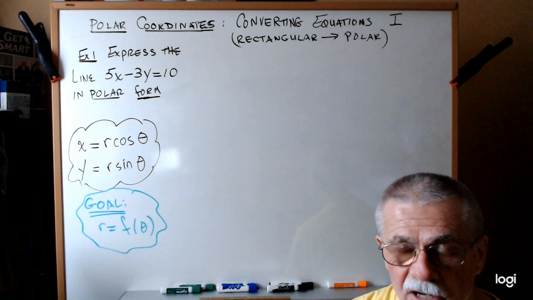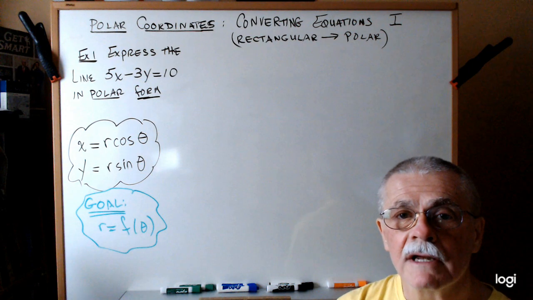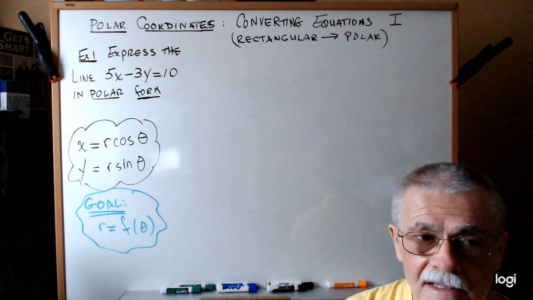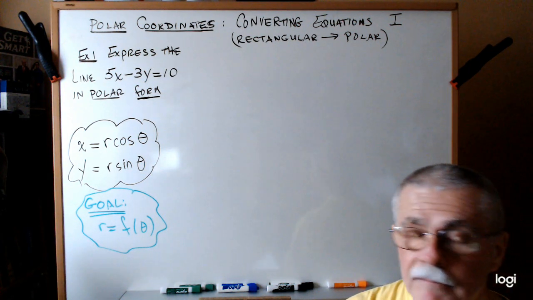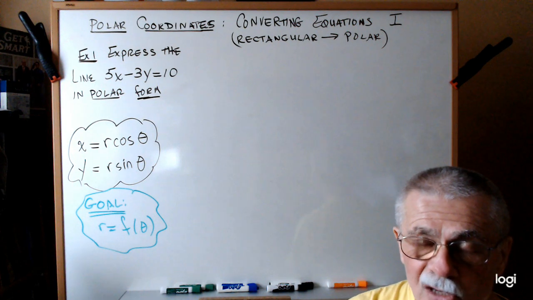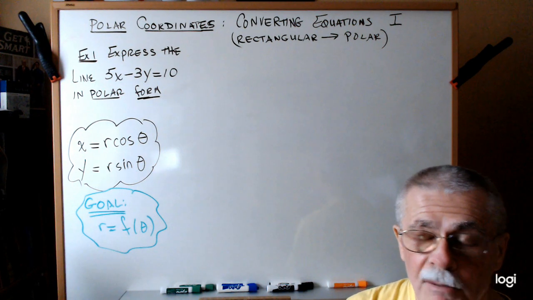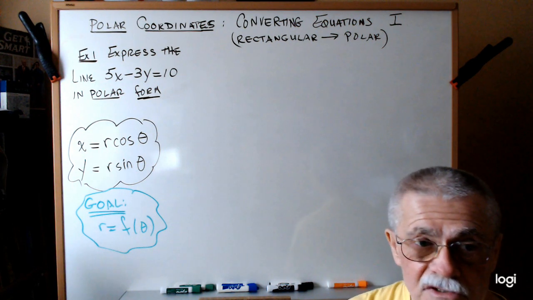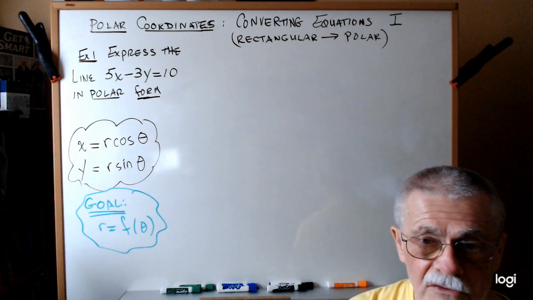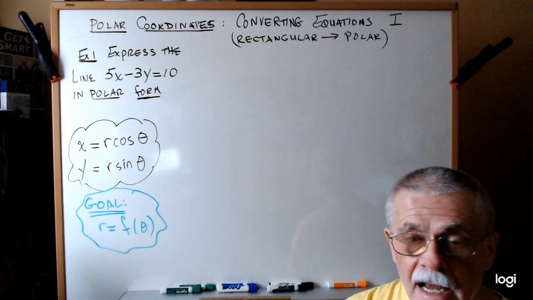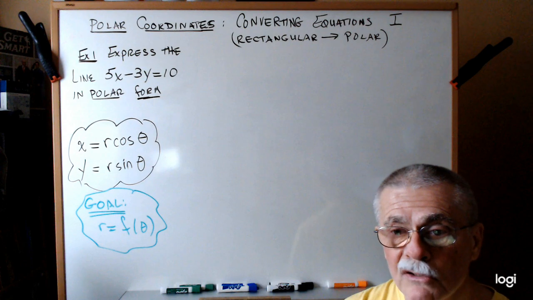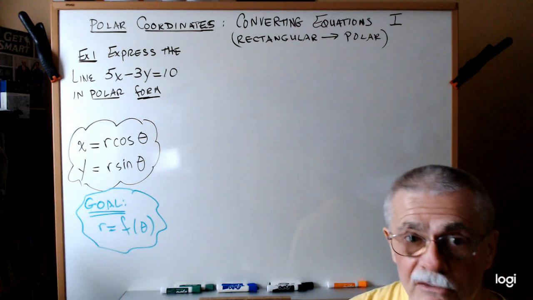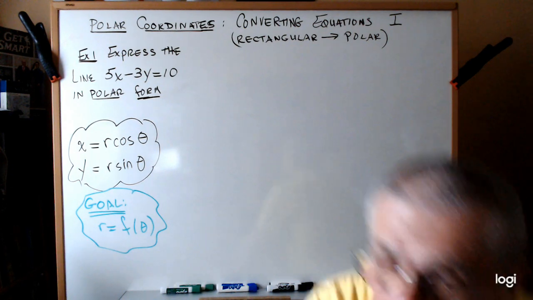And this is generally fairly difficult, and the results are not always easy. So I'm, of course, selecting problems that'll work out nicely. But as I said, in general, this is fairly difficult. All right, so we'll do 3 examples. And then in the next video, we'll go the other direction from polar to rectangular. So here we go. First example